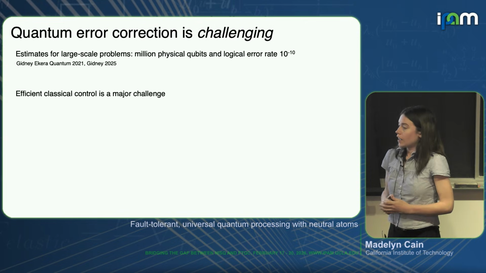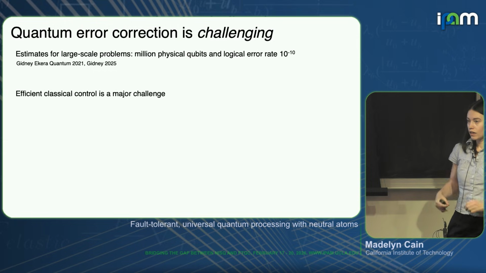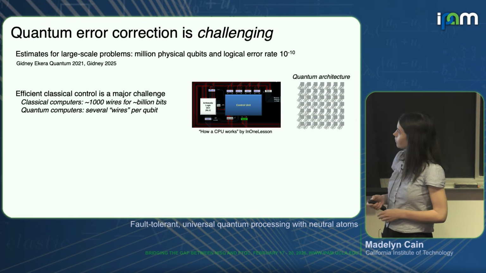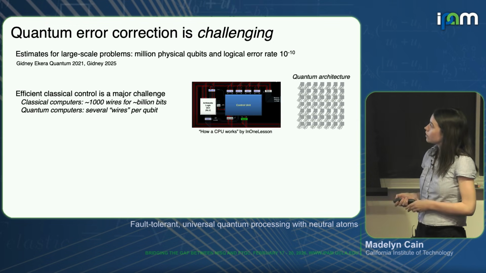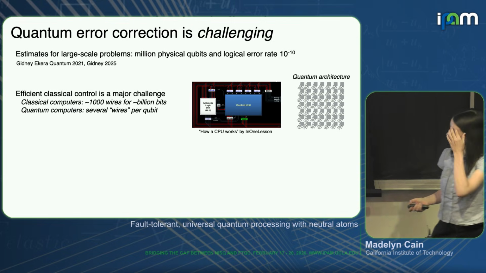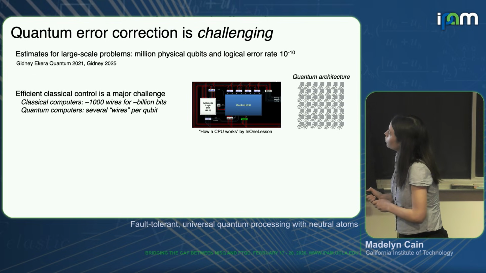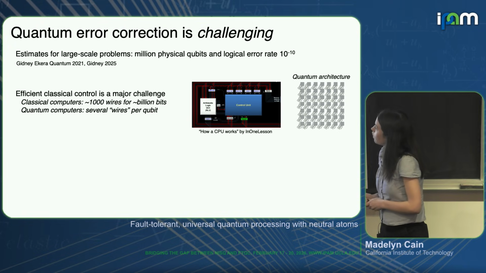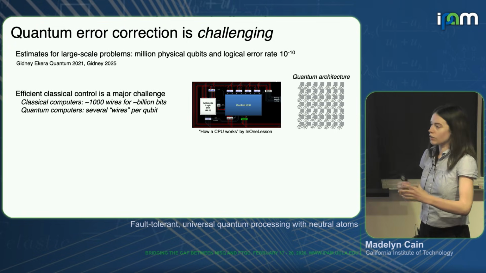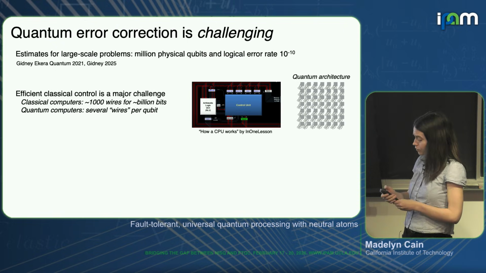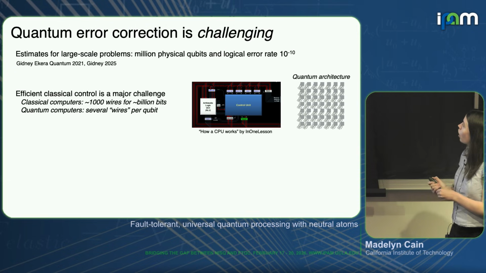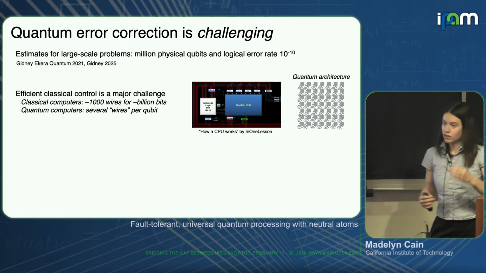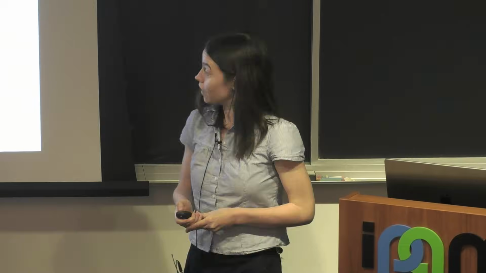And furthermore, once we think about systems of this scale, the ability to control a system via classical controls is a major challenge. You can contrast this with how classical computers work, where early computer architectures have on the order of 1 billion bits, and they're controlled with only roughly 1,000 wires to do basic operations like arithmetic. But many quantum architectures today are wired systems where you have several wires per qubit, which, if you imagine scaling to the millions of qubit range, is quite a formidable challenge to control.